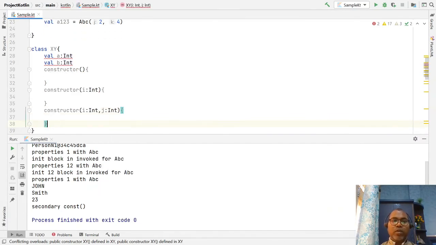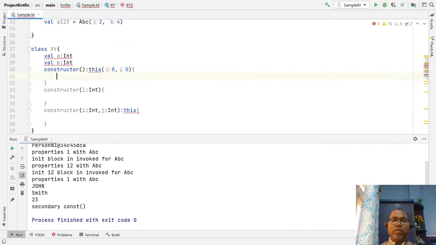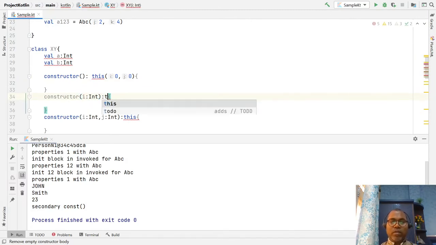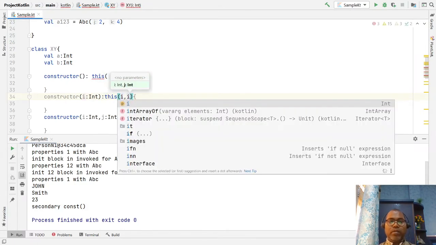Now whenever I want to invoke the one-argument constructor, I can pass the variable to initialize with the default value, 0 comma, so you can invoke this. Similarly, you can invoke this with i, and then i comma i you can pass.